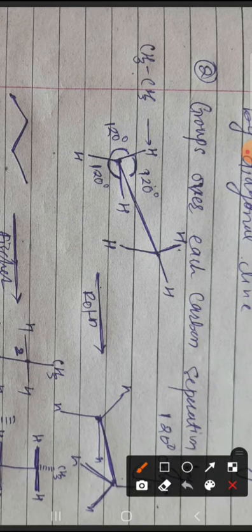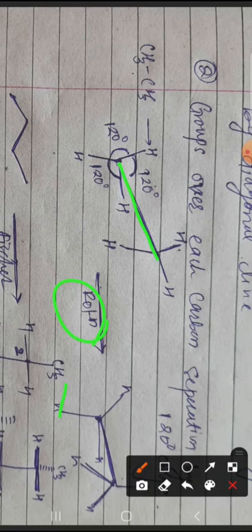Our main topic is to move all this knowledge toward the conformational analysis of the ethane molecule. Conformation is actually the rotation of a carbon-carbon single bond. After rotation, we get a different isomer that is somewhat dissimilar from the original molecule. Both molecules are called conformational isomers. How can we get it? By rotation of the carbon-carbon single bond, and this bond can rotate by itself.